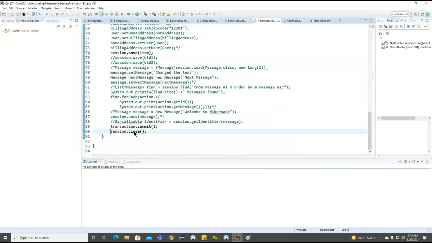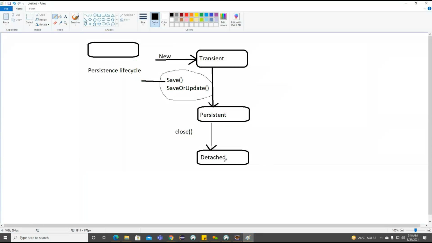Once we close this session, what happens? Those objects we used to save are no longer available in the session. If the objects are no longer available, the references are not going to be used anyway, so those objects are eligible for garbage collection. And again, these objects are back to the transient state here.